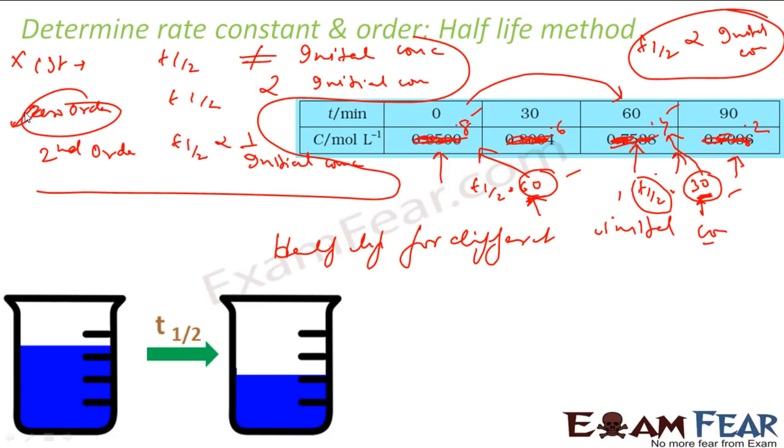Second is the graphical way. We plot different graphs. If A versus T is a straight line, it's a zero order equation. If log A versus T is a straight line, first order equation. If 1 by A versus T is a straight line, second order equation. If 1 by A square versus T is a straight line, third order equation. And the third is the half-life method. We try to find half-life for different initial concentrations. And if I see the half-life is independent of the initial concentration, then it is my